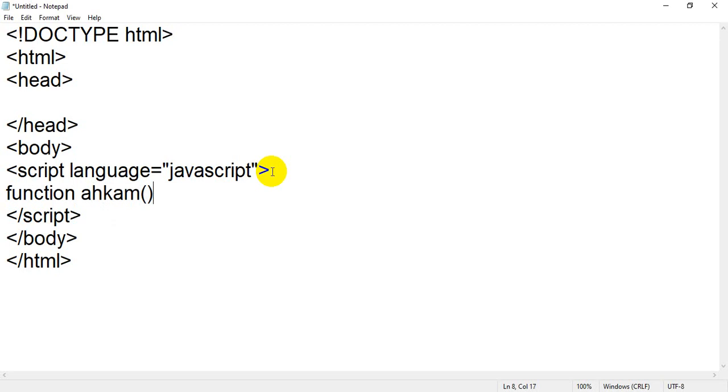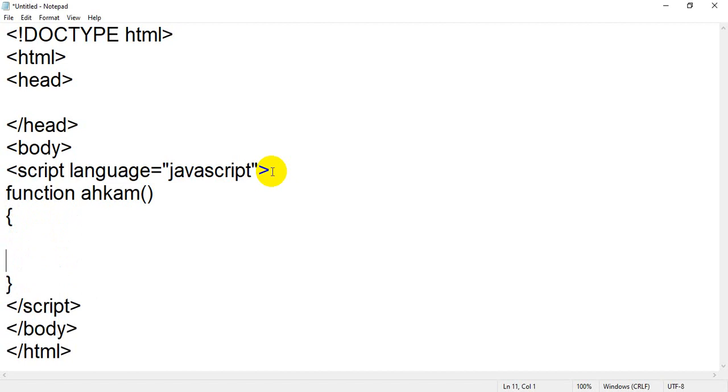Then this symbol, the opening and closing round brackets, shows that you are creating a function and the name of the function is account. Then the opening and closing curly brackets show the starting and ending of the function. Inside that you have to add the lines of code, which we learned in the definition. A function is nothing but a block of code or lines of code used to perform a certain task. Here my task is to perform addition of two numbers. Addition of two numbers we can perform without a function.